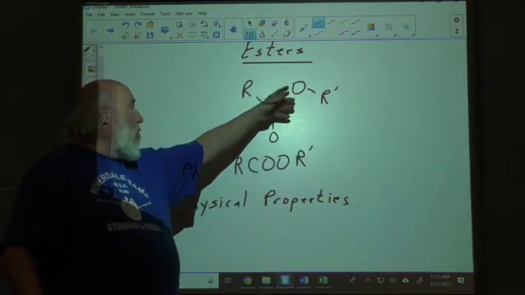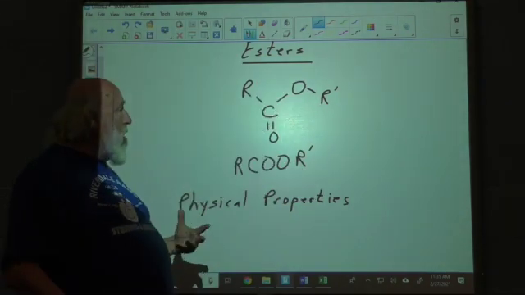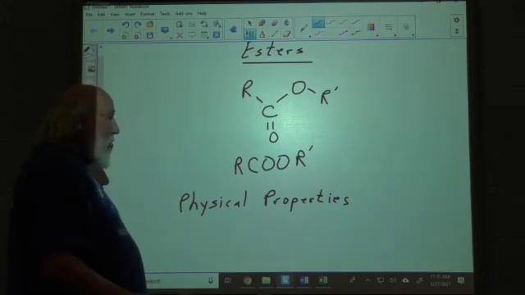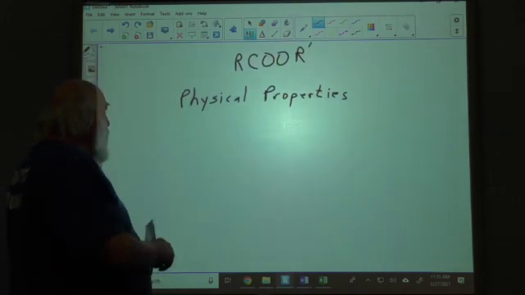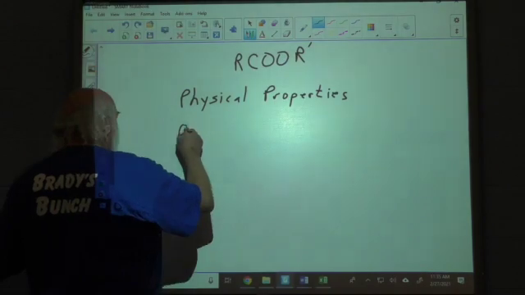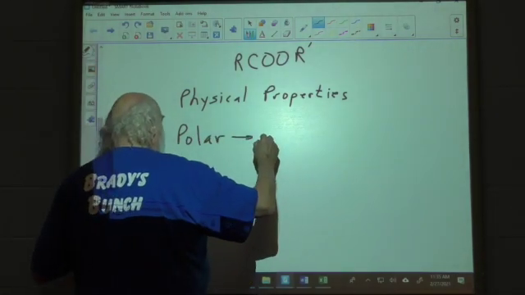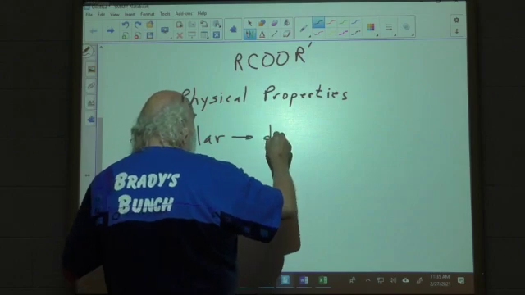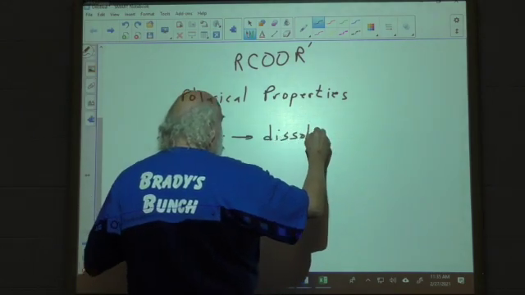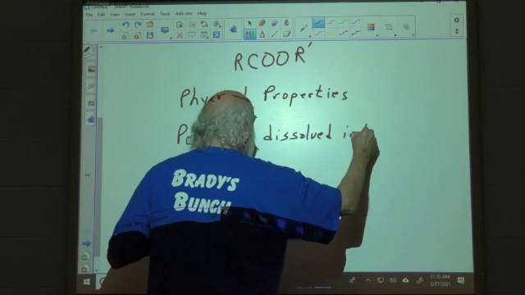But this is polar. In fact, it's got 2 points of polarity on it. So that certainly helps. So this is considered polar, which means that it can be dissolved in water